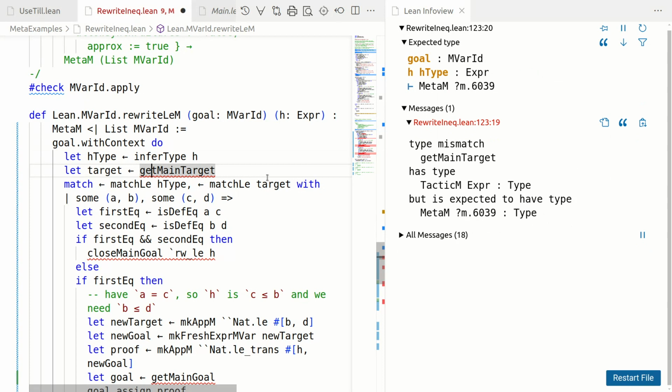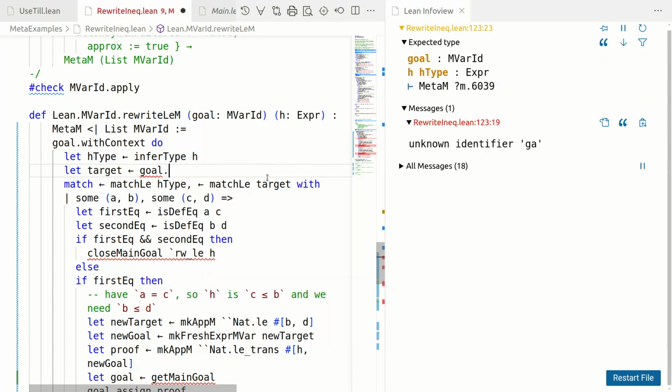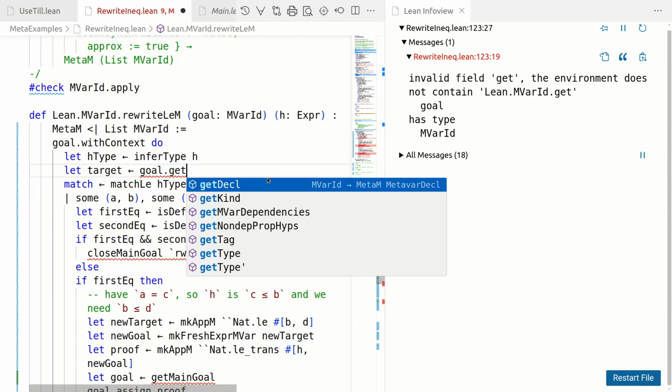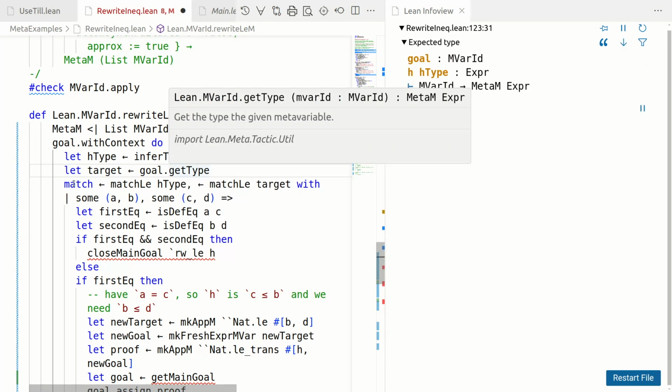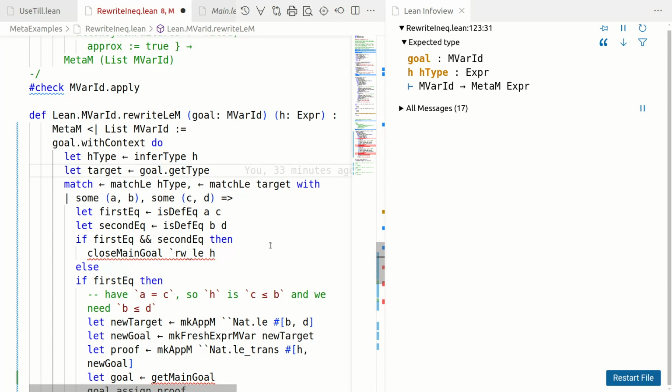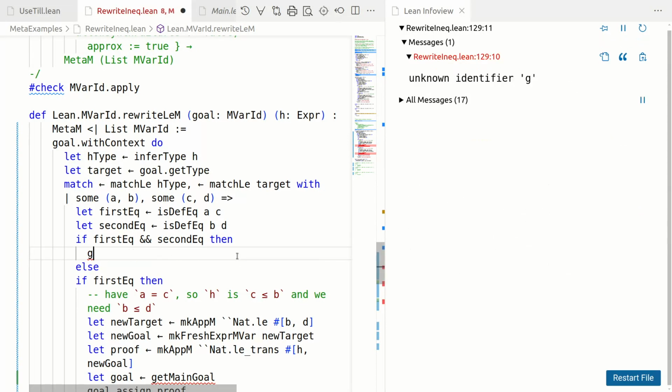Now the target is not the main target. Main target is part of the tactic state. Target is instead the type of the goal. Goal is a meta variable, and this has a method called getType, from which you can get the type. You could also make a meta variable from this mvar id and then infer its type, but that's unnecessary. Okay. How about closing the goal? Well, what we have to do is we have to assign to the goal